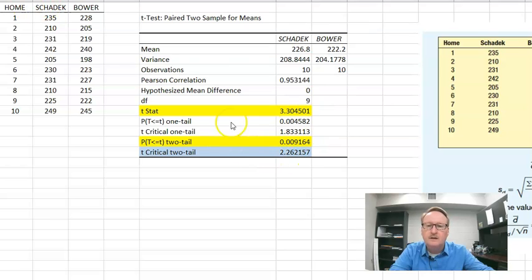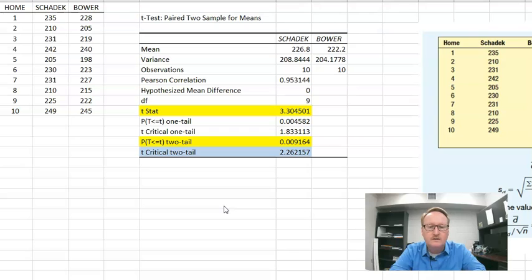Do the same thing, come up with the mean. Critical two-tailed, because it's just asking is there a difference? And here's the statistic. Now in this case, take a look. T statistic 3.3, the two-tailed critical value is 2.26. So what does this mean? This is in the rejection region. It's beyond. I like to say beyond, because if it's two-tailed, it could be less than or greater than. So we can reject the null hypothesis,